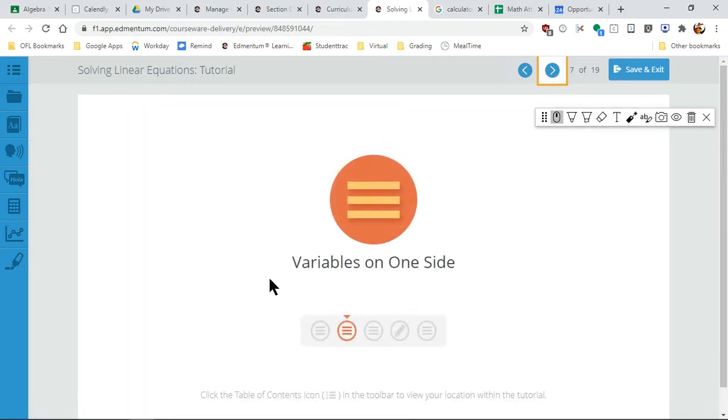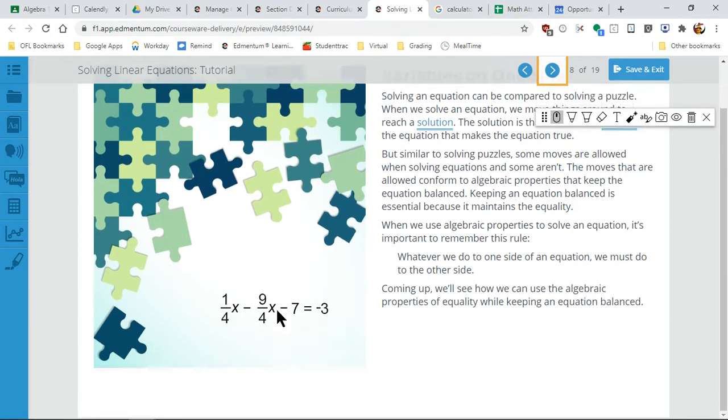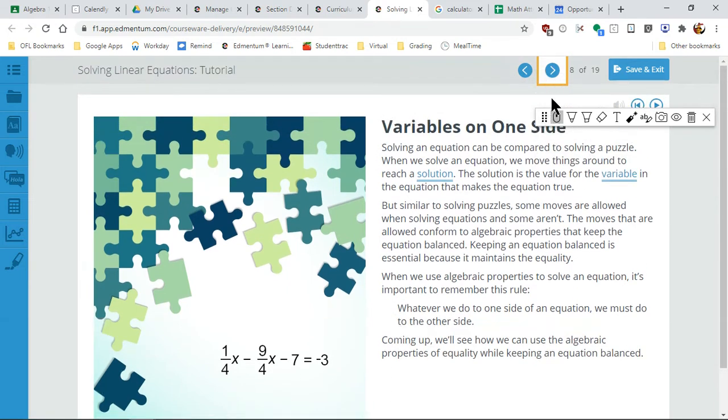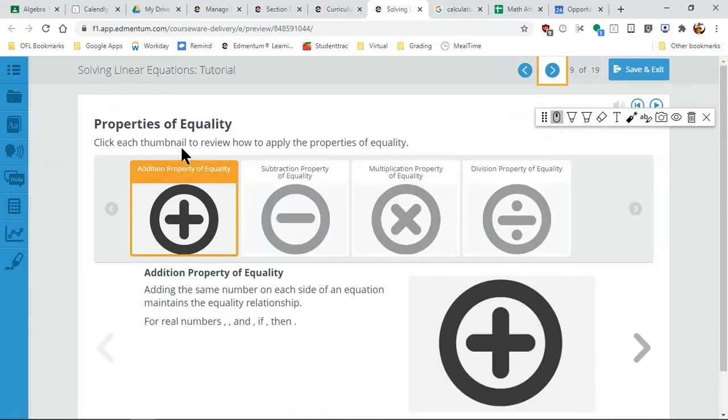All right, so now we're going to do solving for one variable on one side. In other words, all of our x's are here, and we have this. So this one, we're not really comparing anything. It's like, if I do something for X amount of time, and then I do something else for another amount of time, combine them, then we're going to figure out how to figure out the x's. So here,